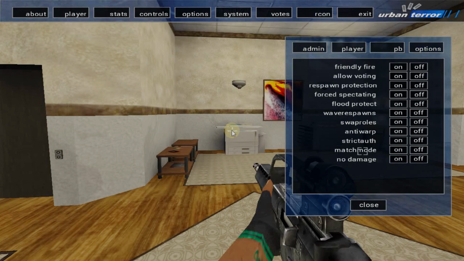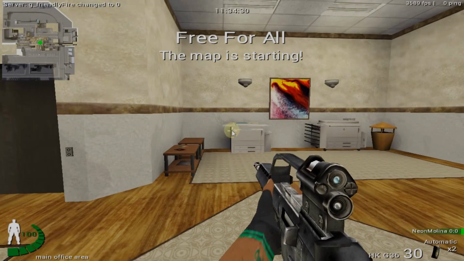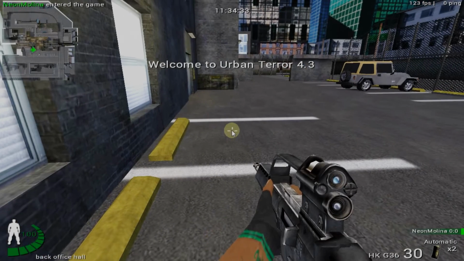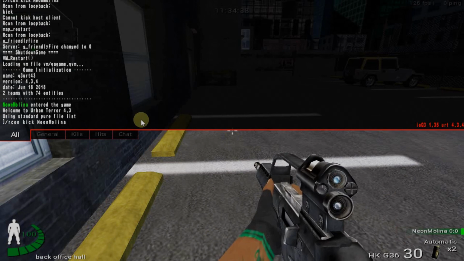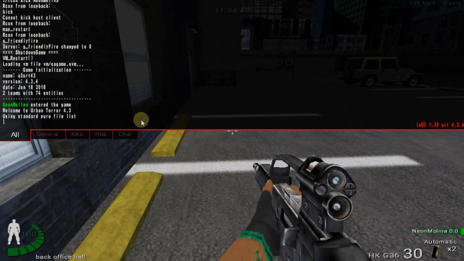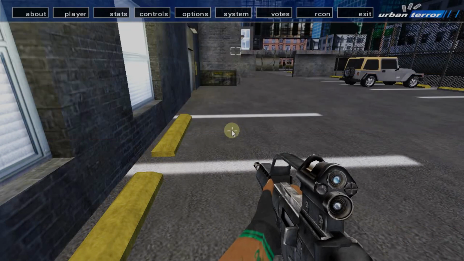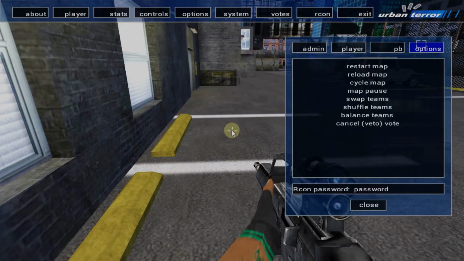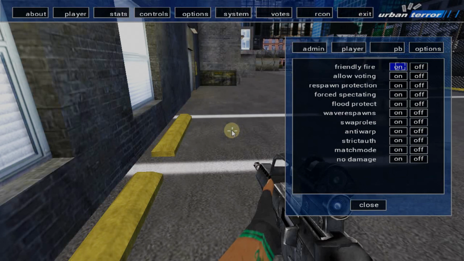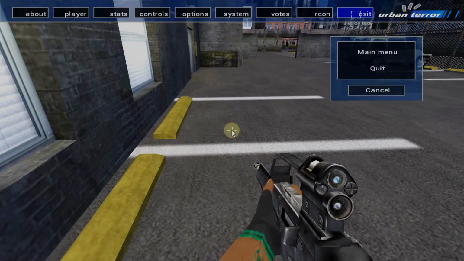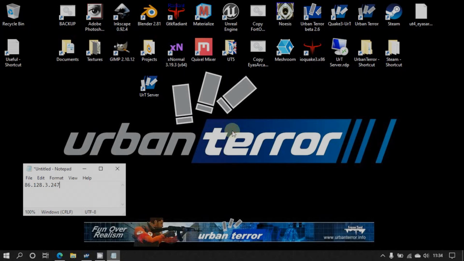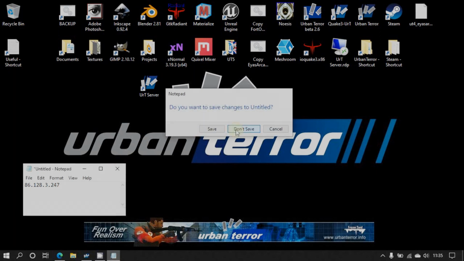So friendly fire, you can change that, for example. If you look in the top left hand side, actually I can bring the key down, you can see in the list, if I just do the rcon again, options, friendly fire on, if you look at the top left hand side, you'll see server g_friendlyfire. So you can do that in the terminal as well, using all of the instructions that are on